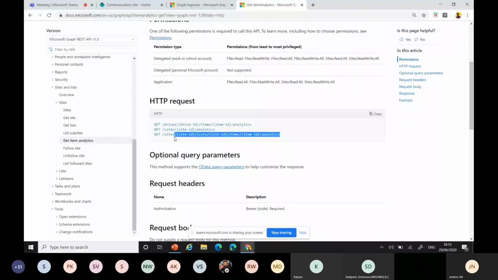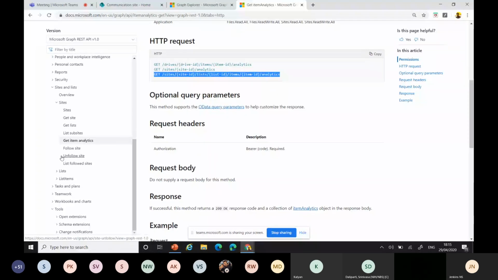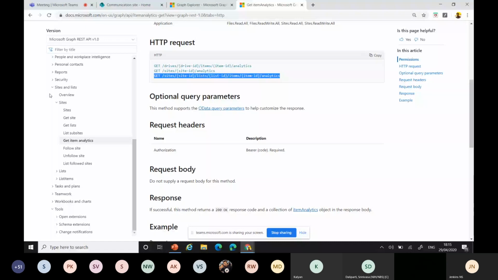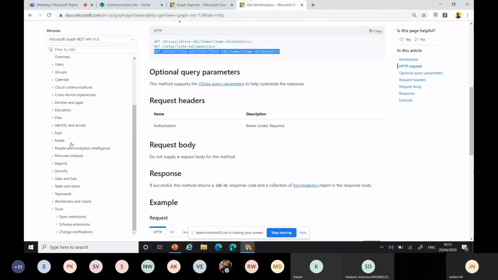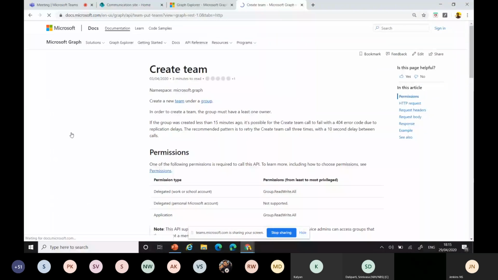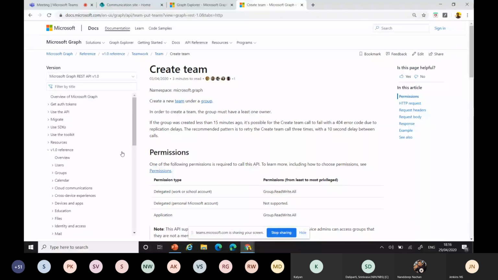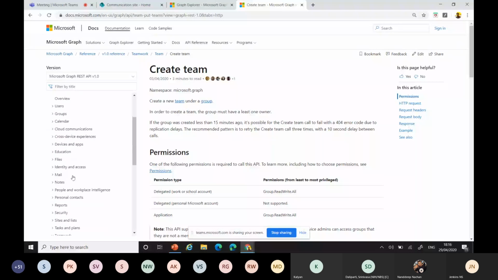When you want to understand any of these applications, for example, I want to build a new application with Microsoft Teams. I want to know what APIs are already available, like create a team or create a channel. You can get it like this for any application. One more thing is that the Microsoft Graph API you can access from Azure AD. We have the APIs for that.